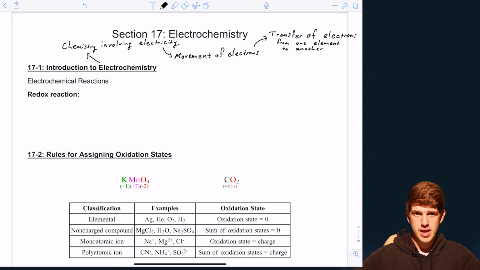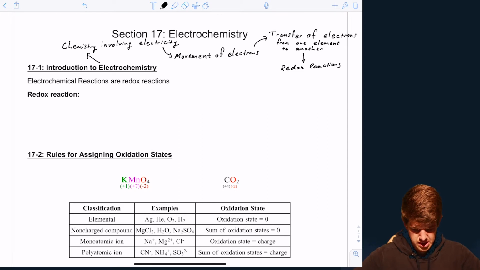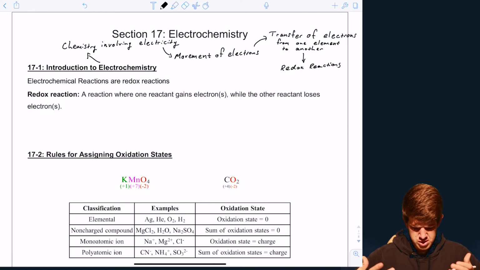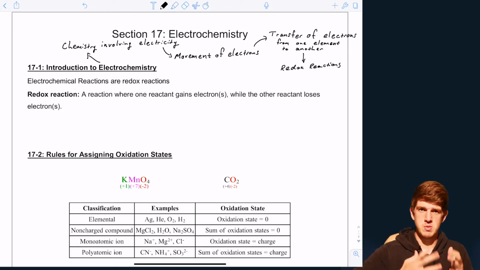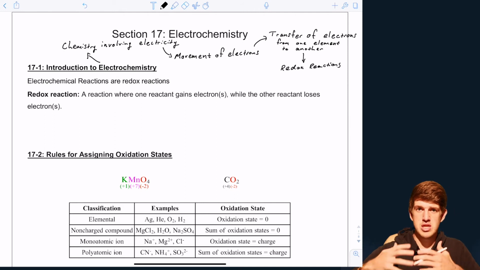And we call these reactions where electrons are transferred redox reactions. So what is electrochemistry? What are electrochemical reactions? They are redox reactions, where redox reactions are just reactions where one reactant gains electrons while the other reactant loses electrons. So basically, these reactions are reactions where some chemical species gives electrons to another